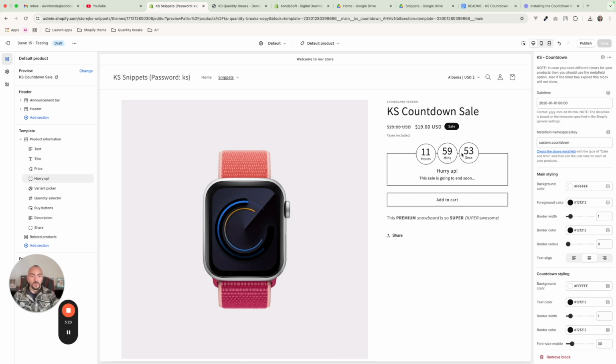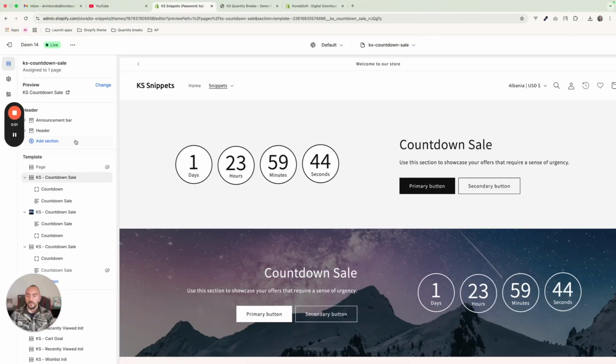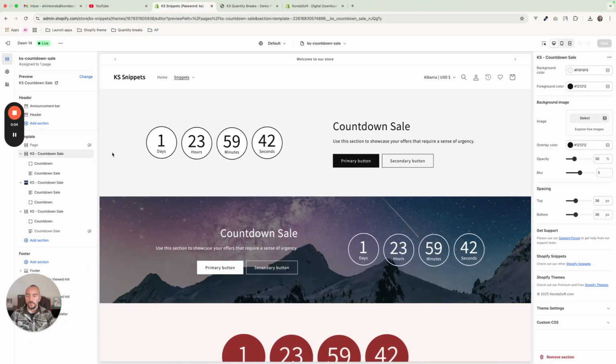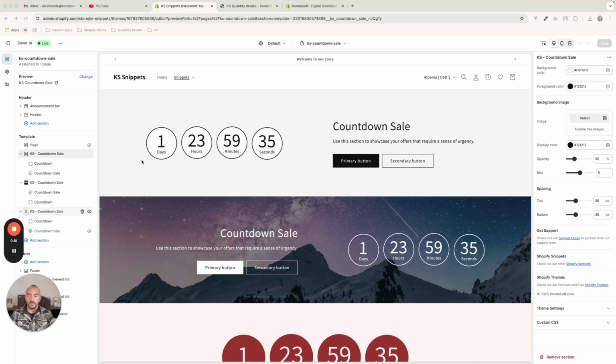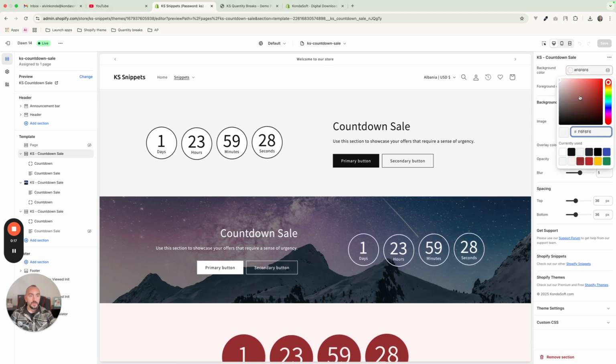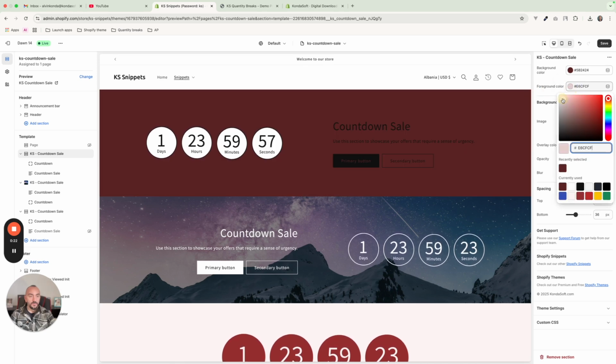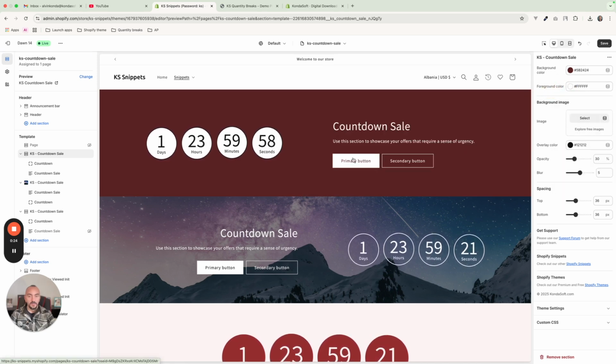Okay, next we're going to check the configuration for both the main section and the one on the product block. Okay, let's check the configuration that we have for the section first, and then we are going to check the one for the snippet on the product page. Okay, first we have the settings for the background color and the text color here. We can change those. For example, we can have a dark variant if you prefer, like this,